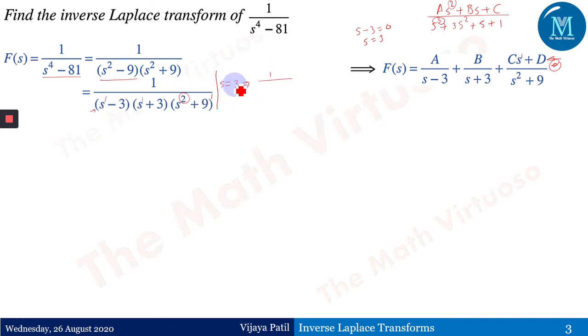Whenever I'm putting s equals 3, it will not be put in the first bracket, but yes, in the second and the third bracket I will be putting s equals 3. If we put it that way, it is 6 into s squared, that is 3 squared, 9, 9 plus 9 will give me 18, and therefore I'll get my capital A as 1 upon 108. So 18 times 6 is 108. So A equals 1 upon 108, the value of A.